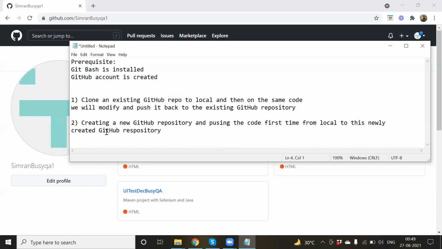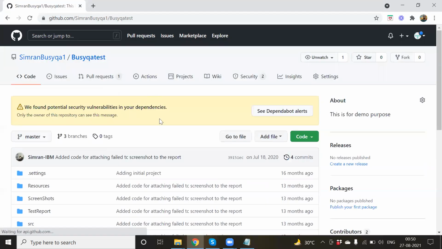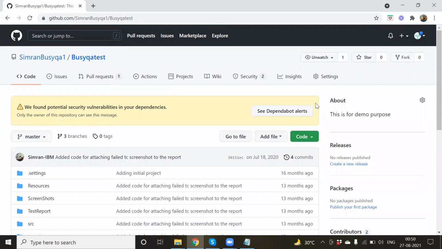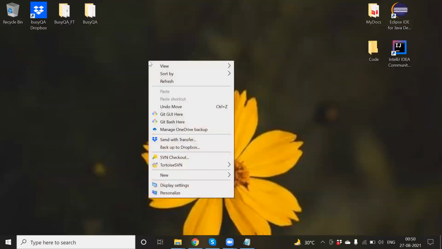So we have to log into our GitHub account, and I'm already having an existing repository. This is a demo purpose repository. If I want to download or clone this, I can go to Code and copy this HTTPS URL, and then come back here.